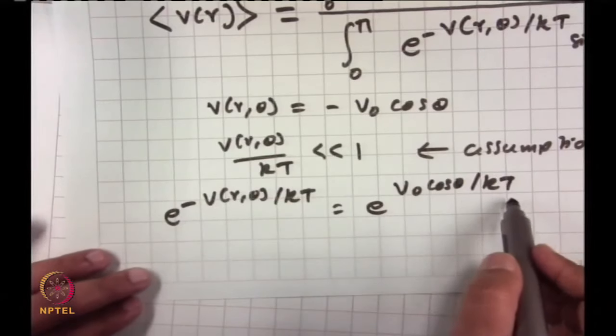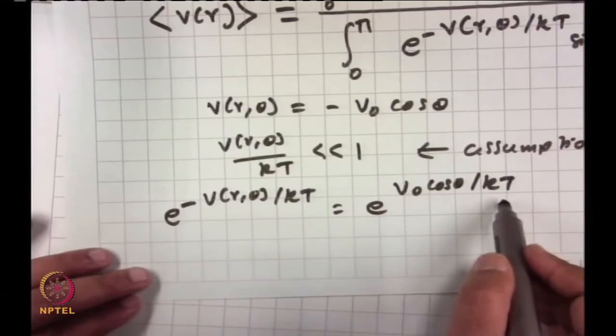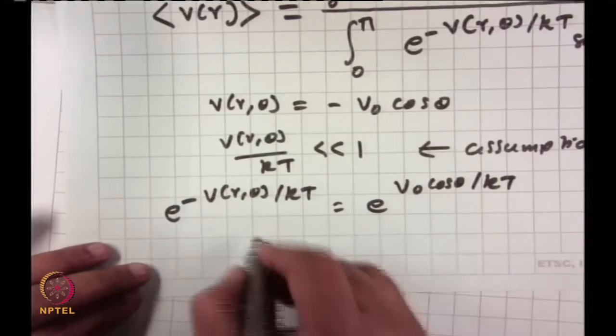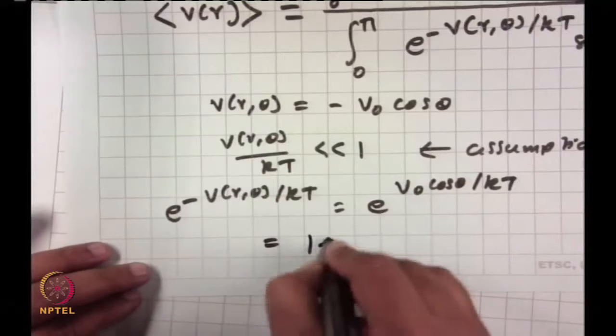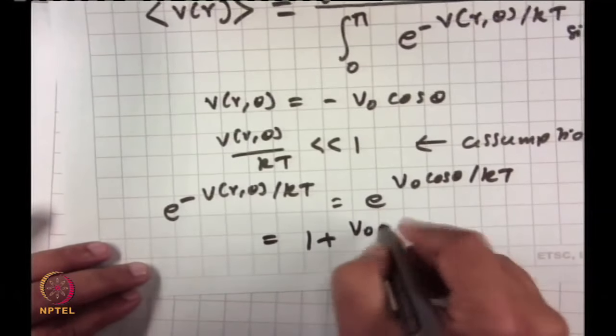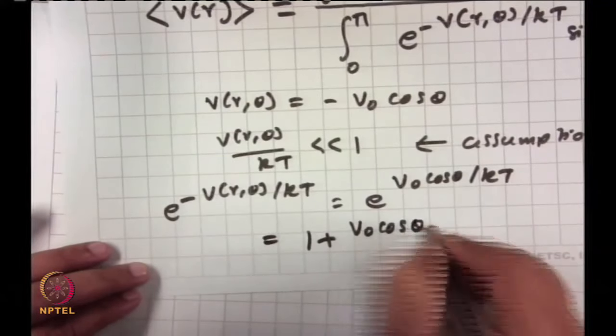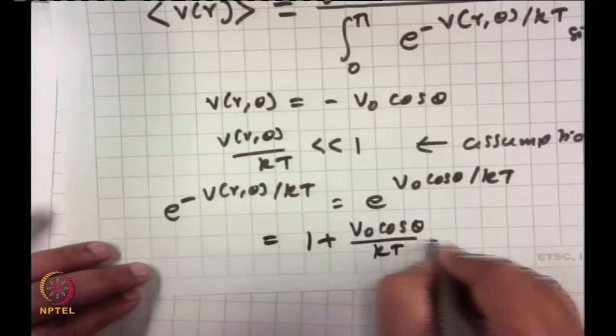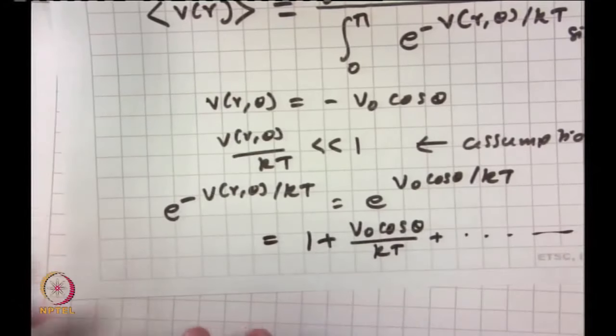So, what I do is a Taylor expansion of e to the power x. If I do a Taylor expansion of e to the power x, what do I get? I get 1 plus V0 cosine of theta over kT and so on,